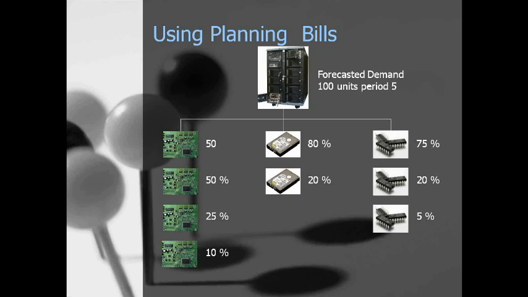Now, as part of the MRP logic, it then goes about calculating all of the gross requirements for each of the features and options that could possibly go into any one of those 100 units for period number 5. The beauty of this system